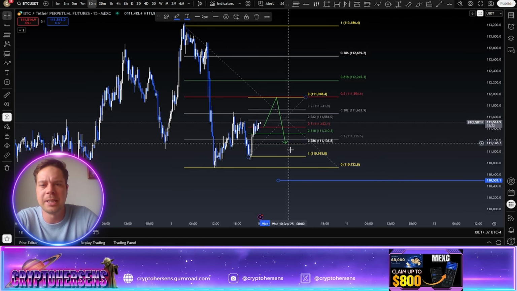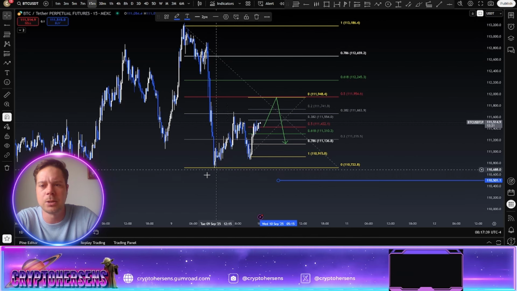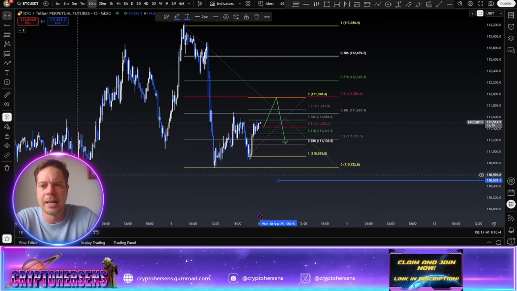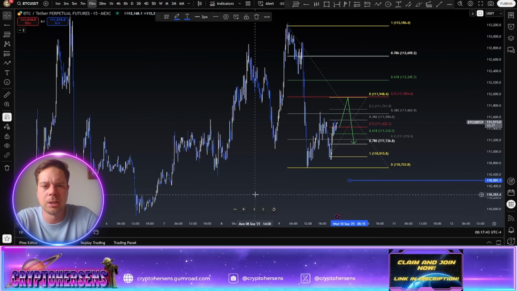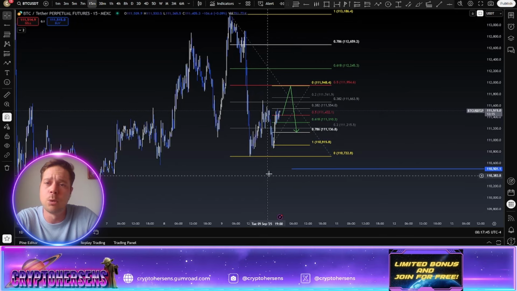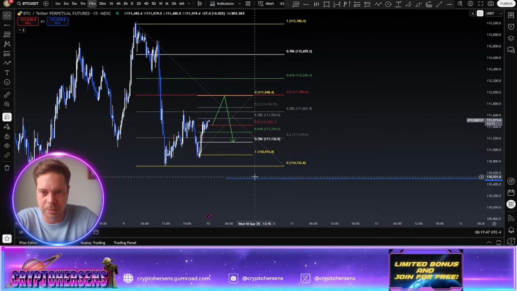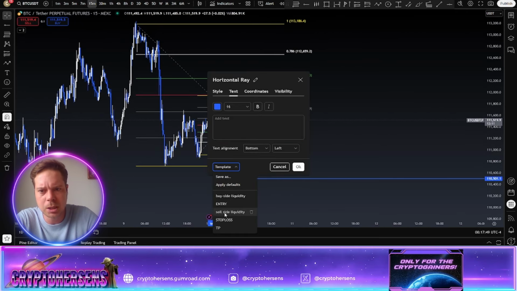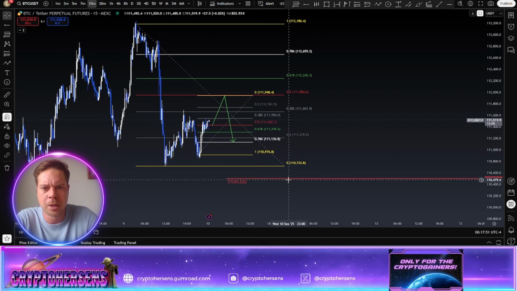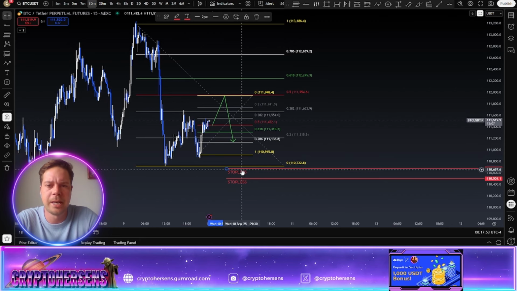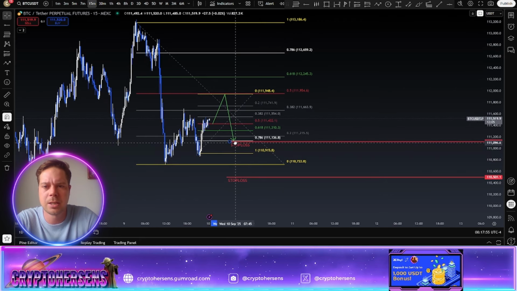There's a possibility that they grab liquidity underneath these wicks. And if we lose these levels, there's a possibility that they dip more, but we lose max 5%, right? So this is our stop loss, and let's create an entry on the 786 here,